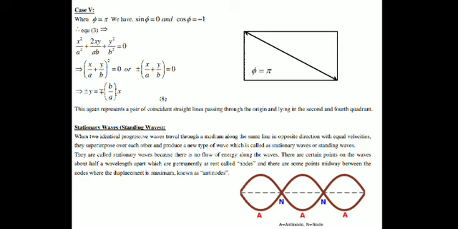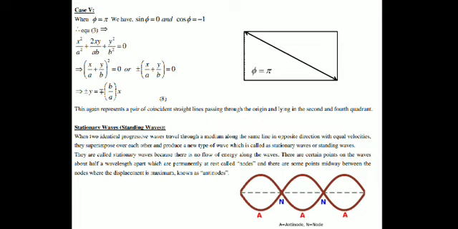Sometimes we may get straight lines in the first and third quadrant. Sometimes we may get straight lines in the second and fourth quadrant. Sometimes we may get the oblique ellipse, sometimes the perfect ellipse, and sometimes the circle also. So depending on the phase difference and amplitudes of different SHMs, we may get different figures, and all these figures are called Lissajous figures. This was a very important topic.